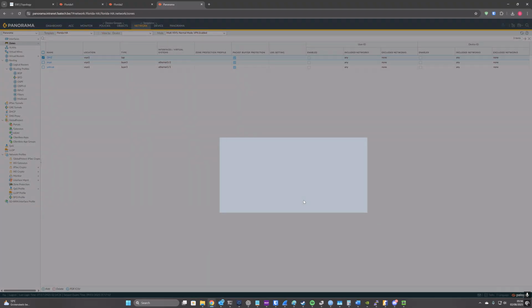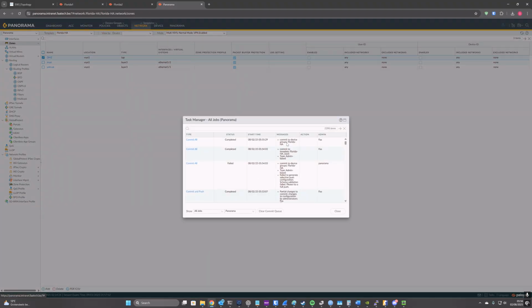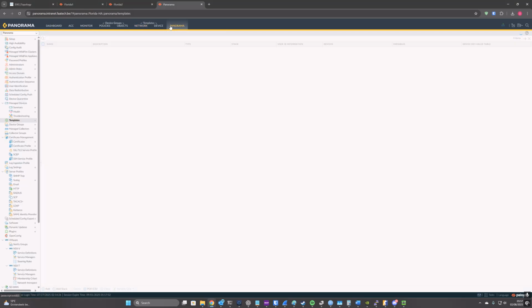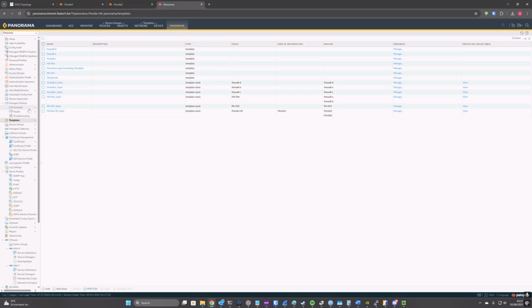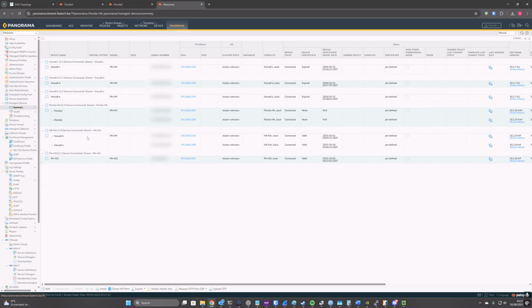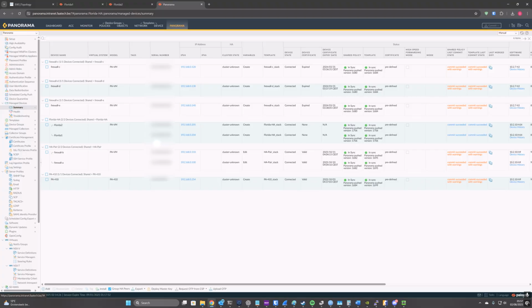Let's go to tasks, and the device group is committed, and the template stack as well. Let's go to Panorama, go to managed devices and summary, and let's check. So for Florida, it is in sync, the shared policy, so the device group, and the template is also in sync, so the template stack. The next thing that you want to do is